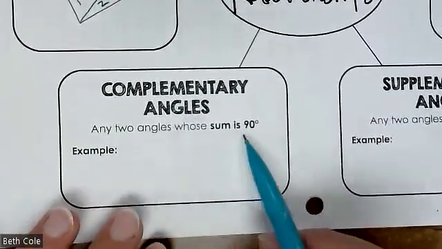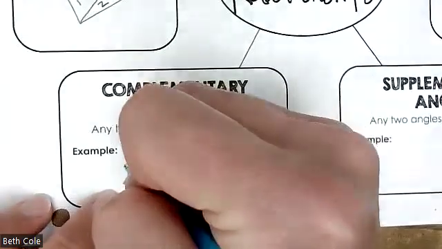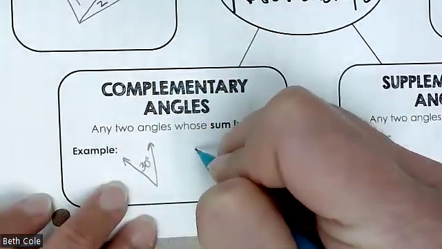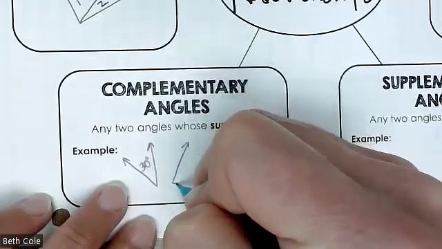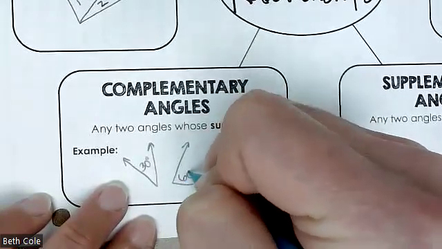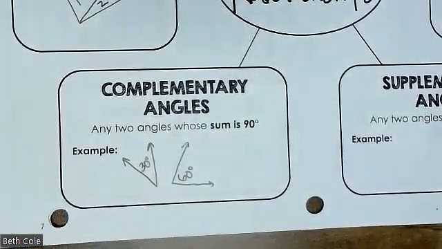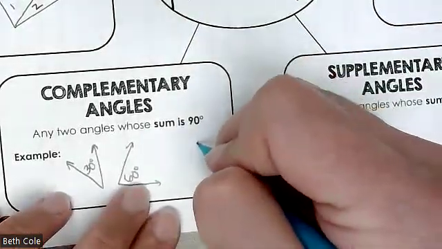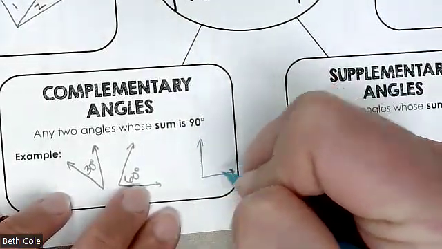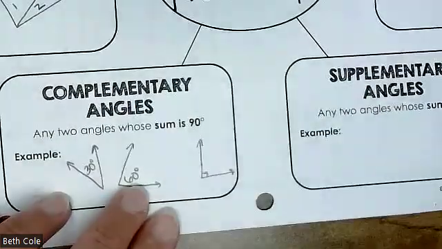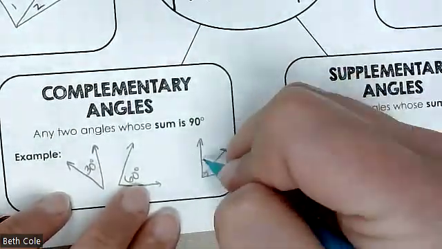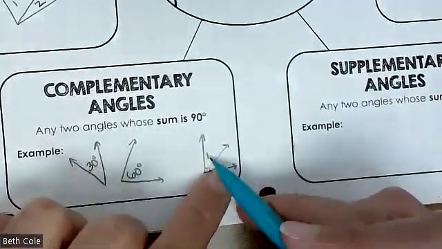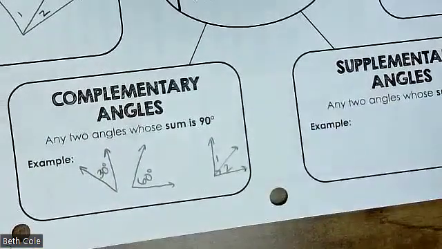All right, complementary means that they add up to 90 degrees. So if you have an angle here that is 30 degrees, and you have another angle here that is, it's not really to scale, 60 degrees, they add up to 90. So as long as they add up to 90. Now they could also be adjacent. So like another example of how that could look, if you make a right angle, put that little box in there to show it's a right angle. Angle 1 and angle 2 would be complementary. They add up to 90. So they could be right next to each other or not, but as long as they add up to 90,